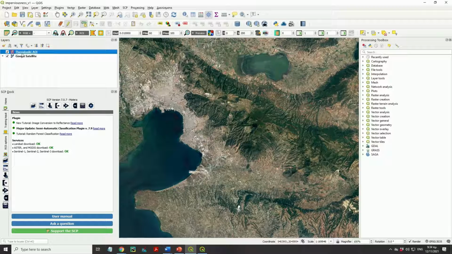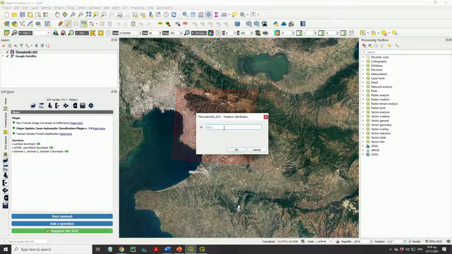Now the layer is active and we can draw a new shape. To add a new polygon, click on the option Add Polygon Feature. Navigate to the map and draw the desired shape containing the area of interest you want to apply. To complete the shape, right-click on the last point